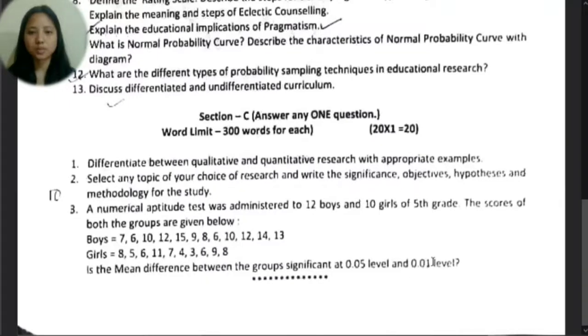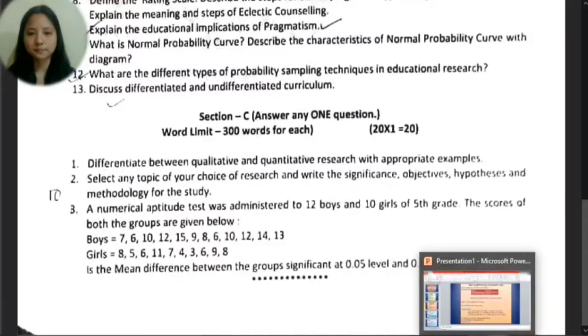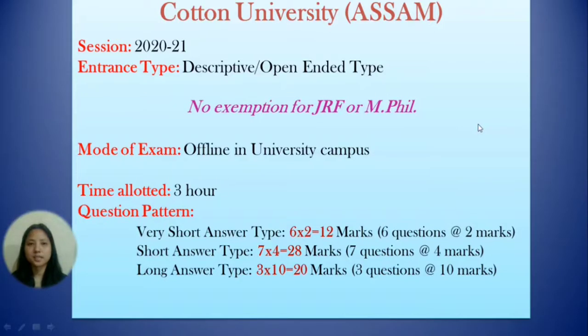So now let us move on to the next university, that is Cotton University. Cotton University is one of the state government universities in Assam. The PhD entrance for the session 2020 to 2021 was a descriptive open-ended questionnaire, and there was no exemption for JRF or MPhil candidates. And the mode of examination was offline in the university campus itself, and the time allotted